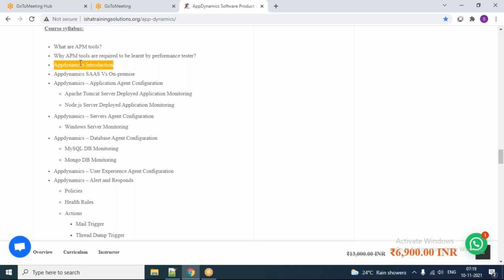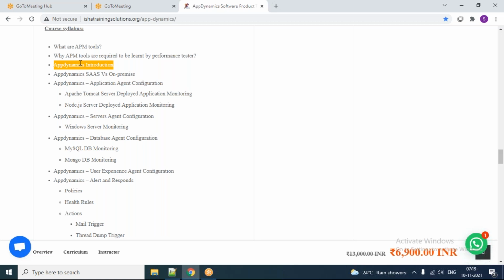And then the next one is the database agent. We all know most of the production outages are related to the database and database related things, so it is obvious that you need to monitor your database layer. We wanted to bring that understanding of how your database layer would be monitored. I wanted to have at least a different flavor in that, so we are going to learn two database agents: one is MySQL DB monitoring and then MongoDB monitoring.